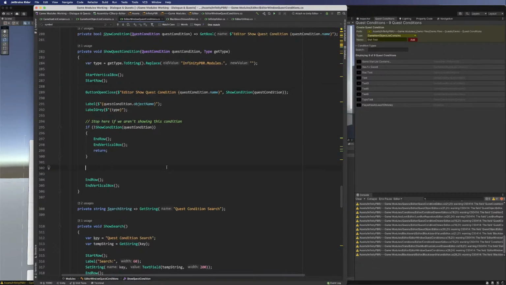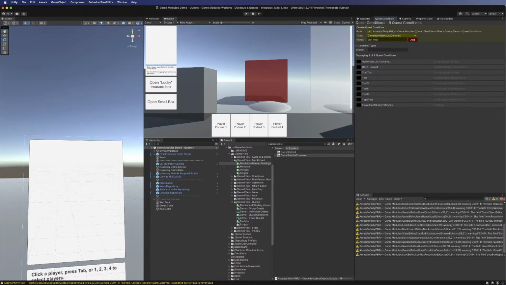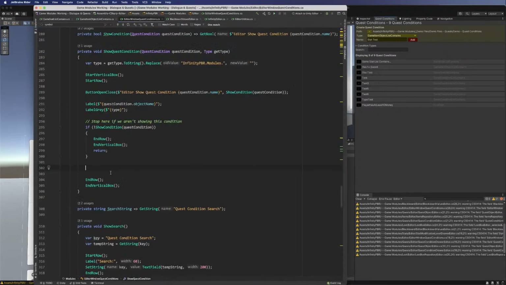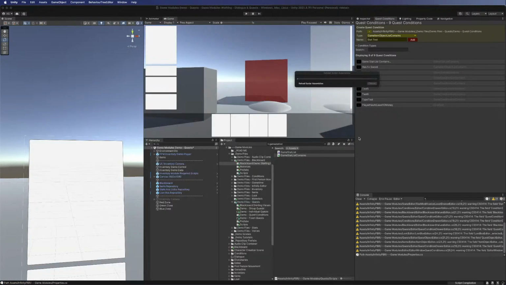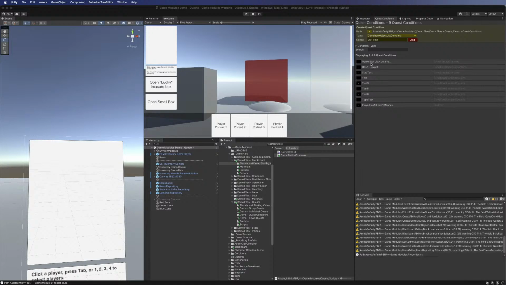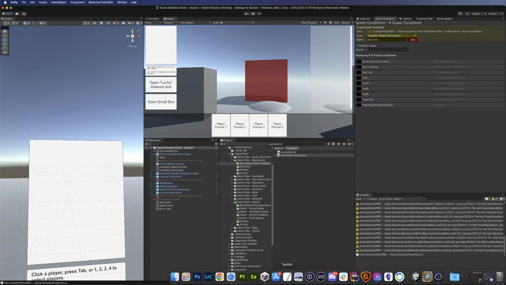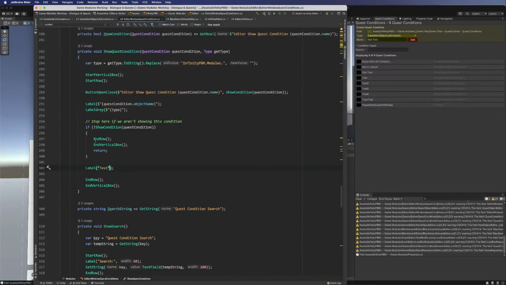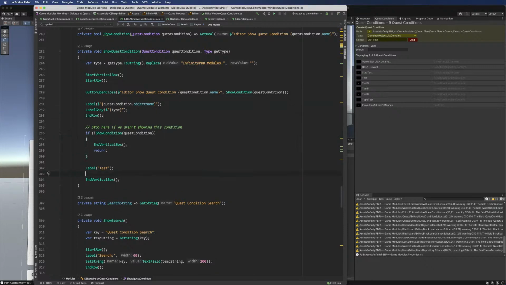Okay. And now if we are showing the condition, we will show more stuff. So this is where I wanted to see, this is where I wasn't quite sure what to do next. We'll make a label here just to test, just have something show. Because I felt it would be, oops, ending the row needs to happen regardless right here, but it's ending vertical box. Okay, so